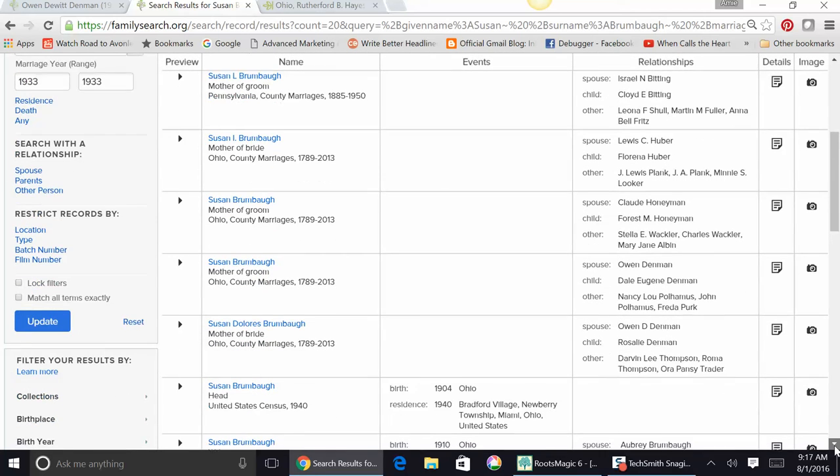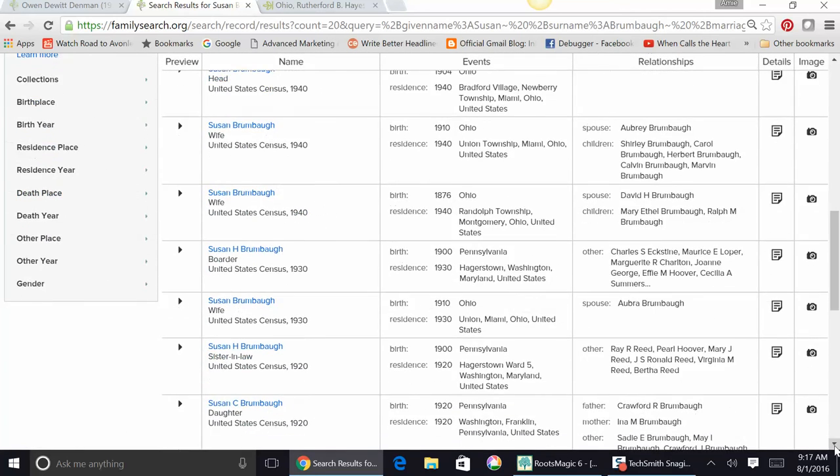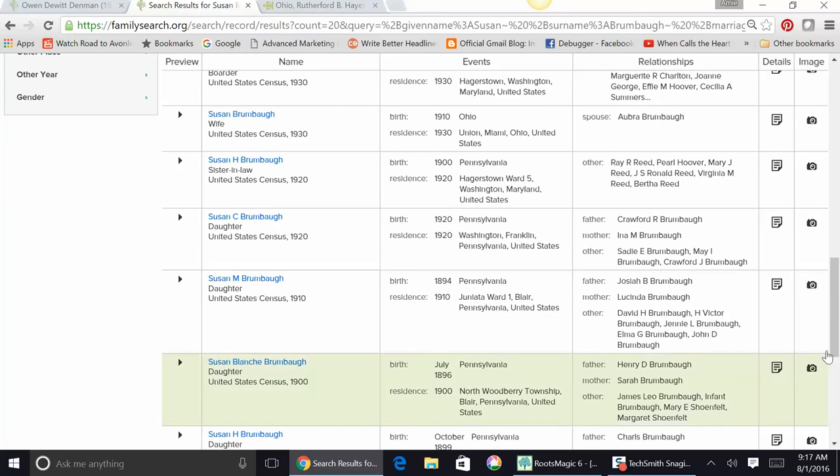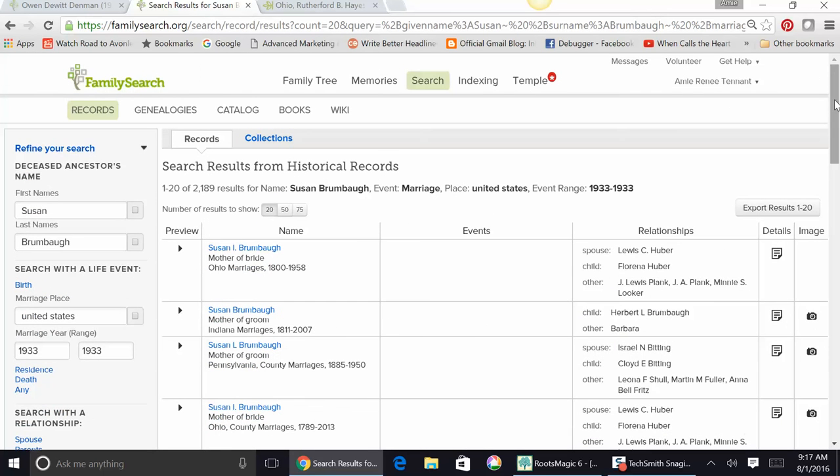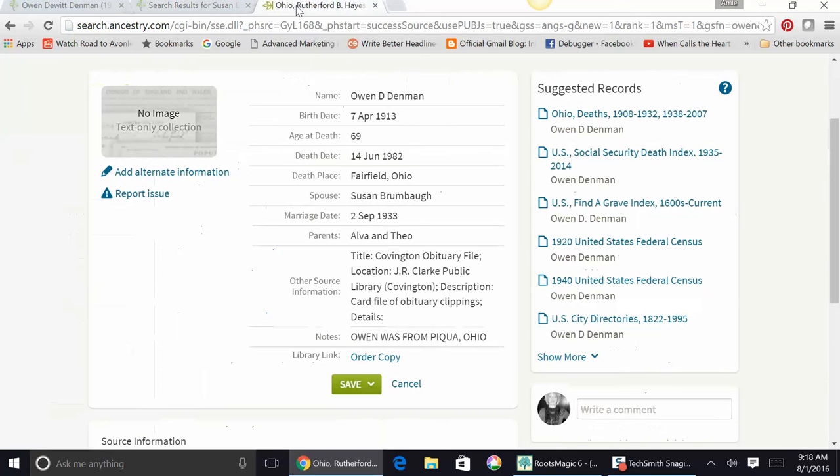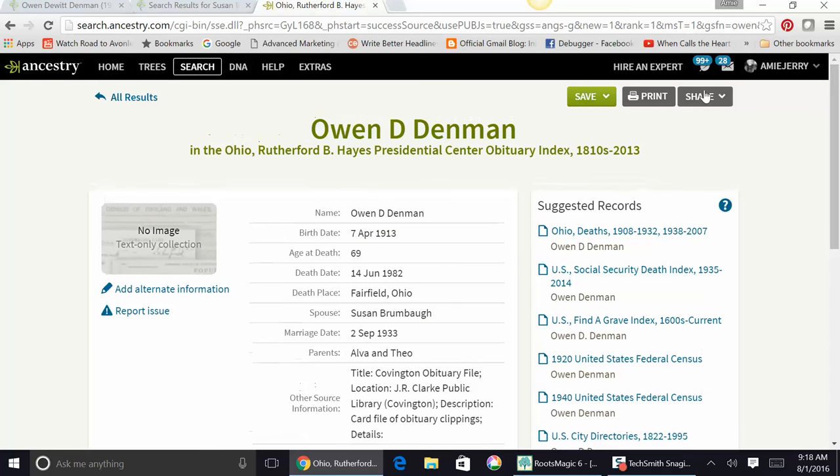There's Dale's, there's Rosalie's. Nope, nothing popped up. But, you know, sometimes that happens. A marriage record is not available. Maybe the marriage record has been destroyed. Maybe it was indexed so improperly that the OCR and the index won't pick it up. So that's okay, because this record of his obituary can stand in place of a marriage record date until we